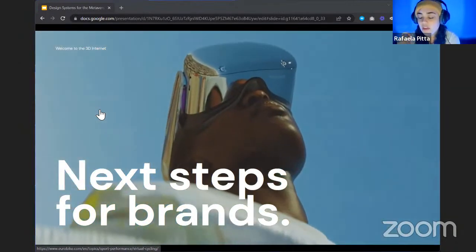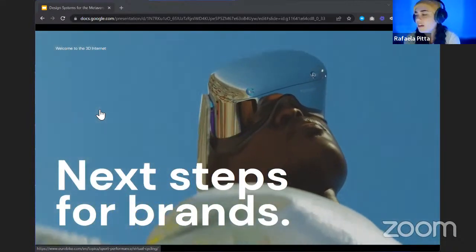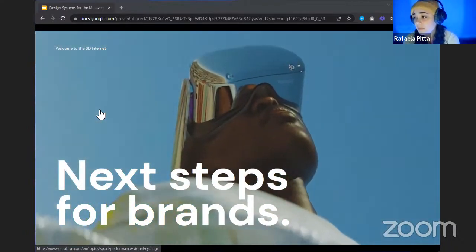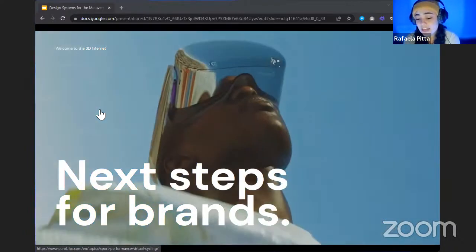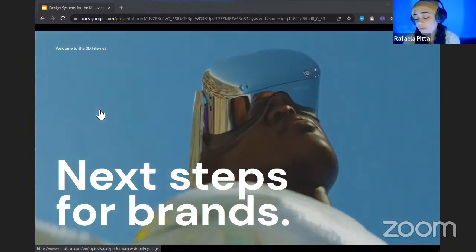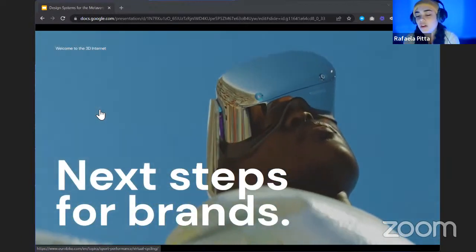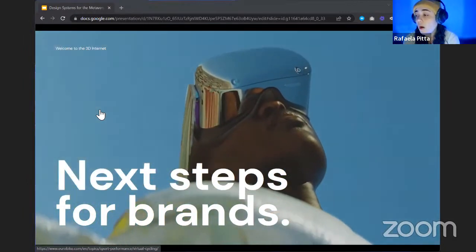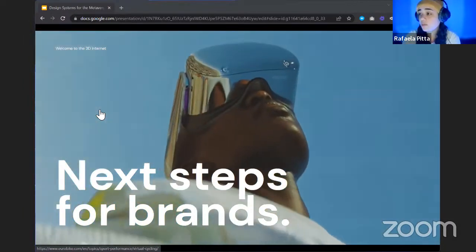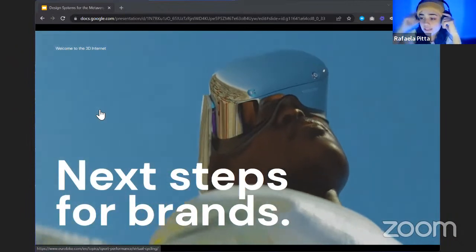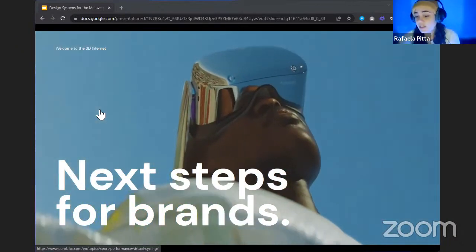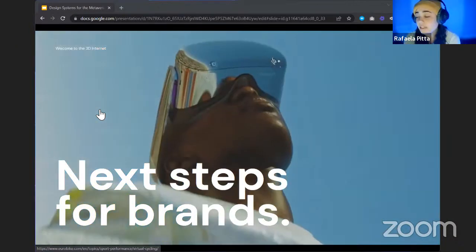Move quickly. Everybody's going into the metaverse. It doesn't matter if you like it or not. I don't really fancy the metaverse as something I'm going to be using every day, let's say 24 hours a day. I'm not going to be in VR for 20 hours a day, but it can be for 2 hours to see my mom. She's in Brazil, I'm in Canada. We can put our headsets on, we can create a space and we can get together. That's something that we can do.